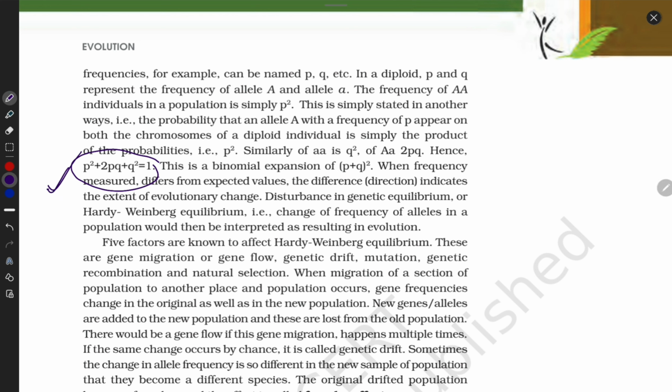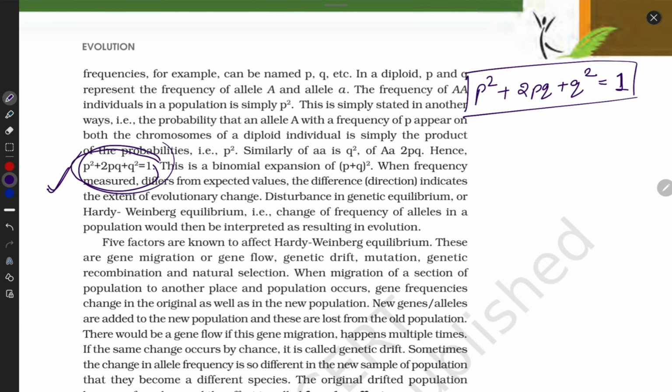And now, guys, one by one, I'm going to explain this principle and law. Okay, what do you understand by this formula? P square plus 2PQ. I hope your mathematics is a little bit strong. Guys, in this Hardy-Weinberg principle, what do they want to teach us? What do they indicate by P, what by Q, what by PQ? Okay, guys, this P, they indicate dominant allele,